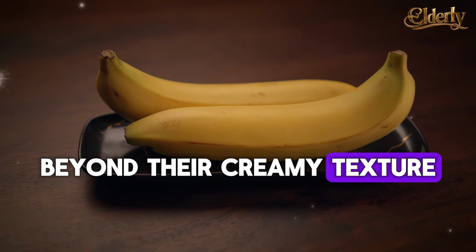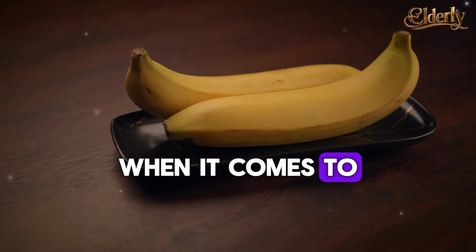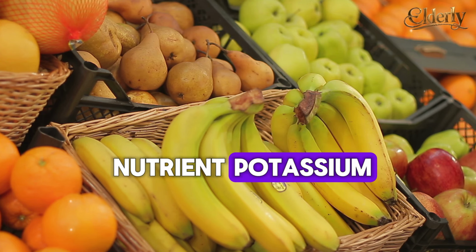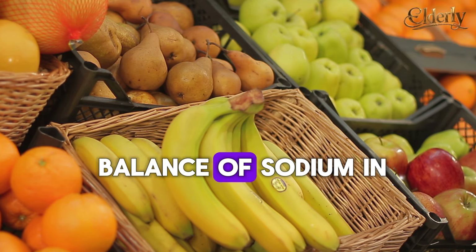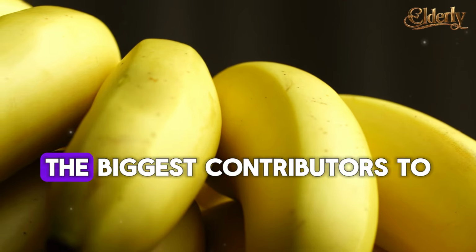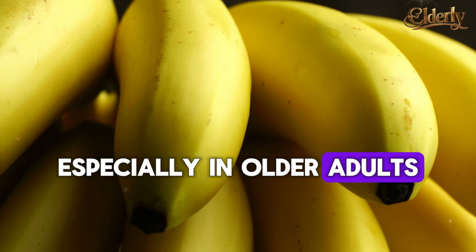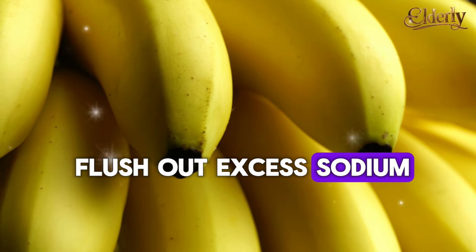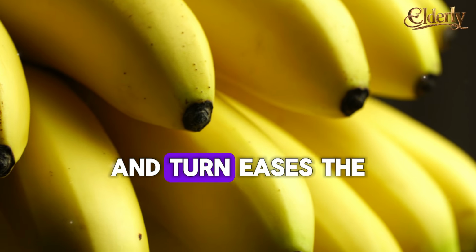Beyond their creamy texture and naturally sweet taste, bananas are a powerhouse when it comes to lowering blood pressure, thanks to one key nutrient: potassium. Potassium is essential for maintaining a healthy balance of sodium in the body. High sodium levels are one of the biggest contributors to high blood pressure, especially in older adults. Potassium helps your kidneys flush out excess sodium through urine, which reduces blood volume and, in turn, eases the pressure